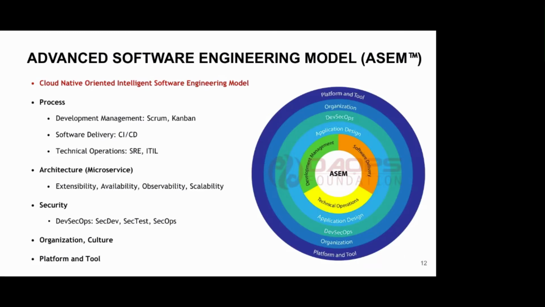After that, we face the architecture. We use the microservice way to solve the architecture problem. There are four important ideas or concepts I want to mention. First is extensibility. We need our software to be extendable very easily, through APIs, plugins, etc. Availability is also very important. We need our DB and our application to always be available online. Observability means we need to find the logs and do some analysis, so our software can also be observed. And scalability means when there is a lot of traffic coming, we can scale up. And for security,